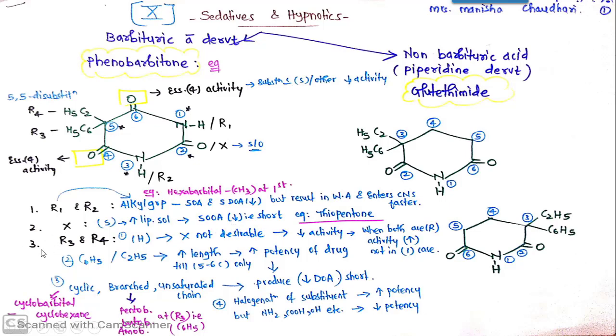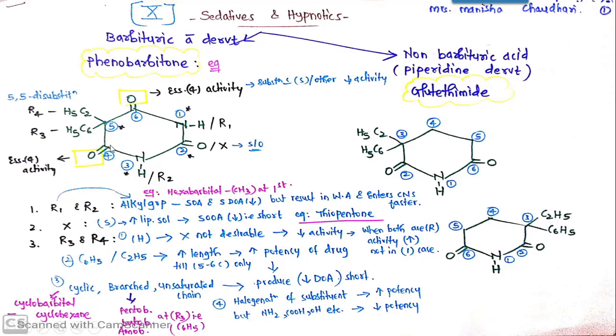Now coming towards the further substituents, that is R3 and R4. In case of R3 and R4, there are a few points we are supposed to discuss. Now if there are no substituents, that means the 2 hydrogen saturated form, then the presence of hydrogen is not desirable, because if there is no substituent, it will decrease the activity, and when both the substituents are present, they will increase the activity. Not in one case, that means only one substituent is also not desirable and hydrogen is also not desirable.